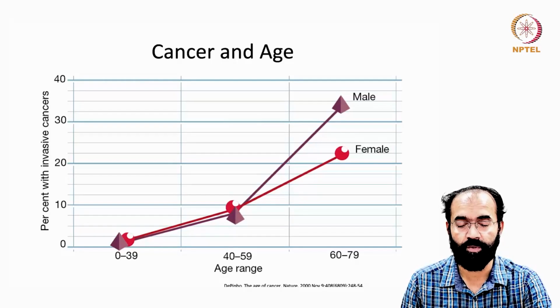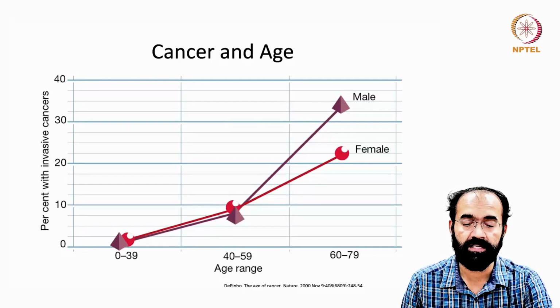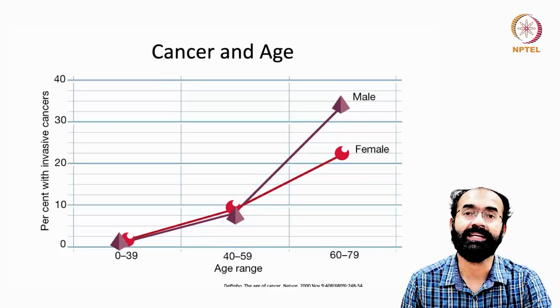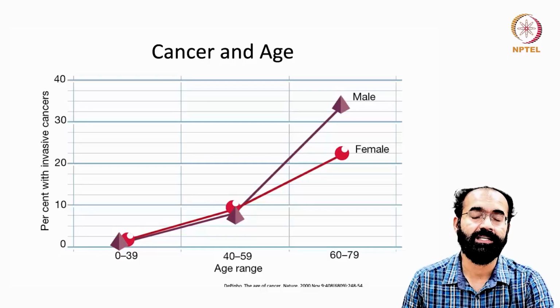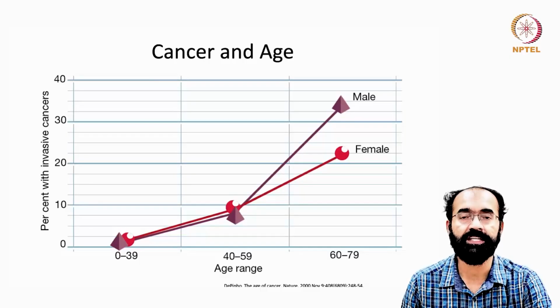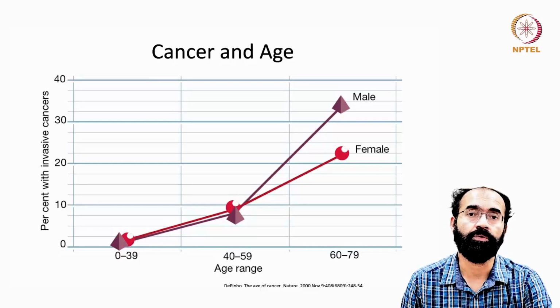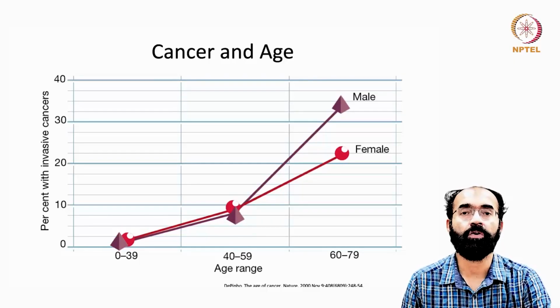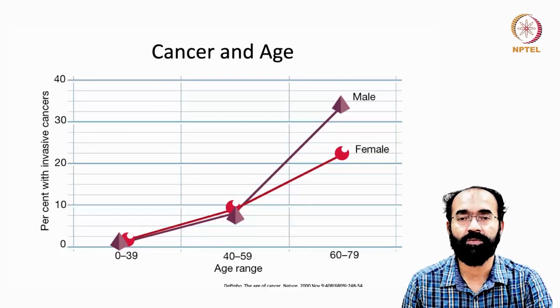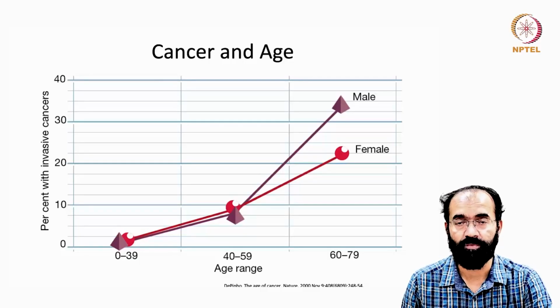But from your 59th age onwards, there is an exponential increase, because your general body's physiology lowers in its efficiency, and this can allow the escape of detection of a misbehaving or improper cell,